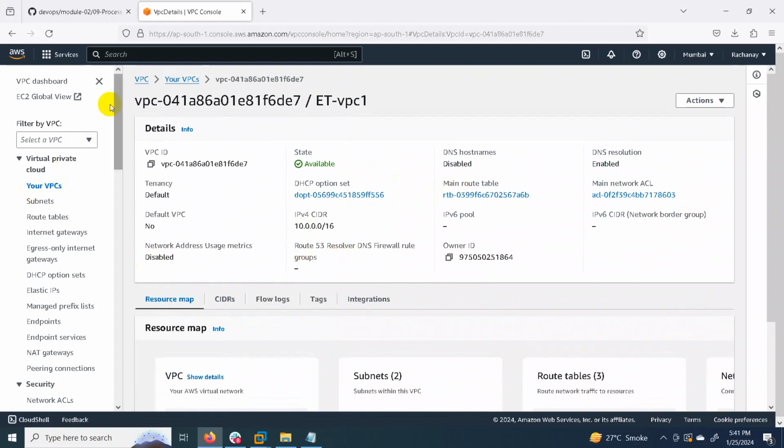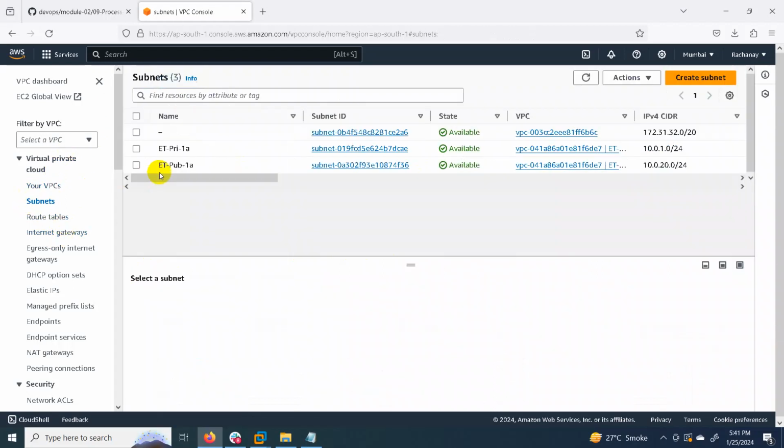After that, now we have to create an instance in each VPC. Go to instance.